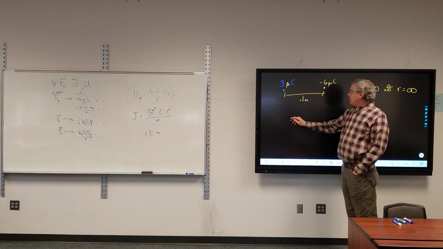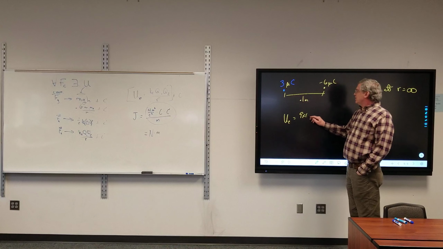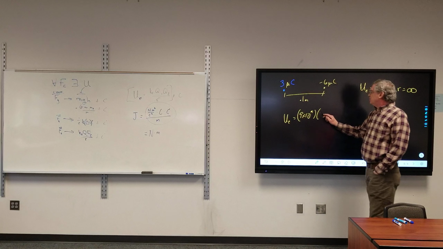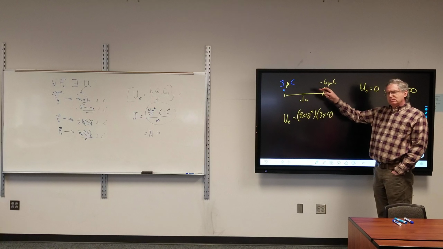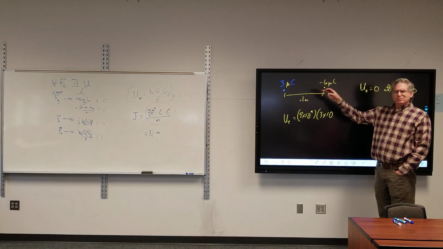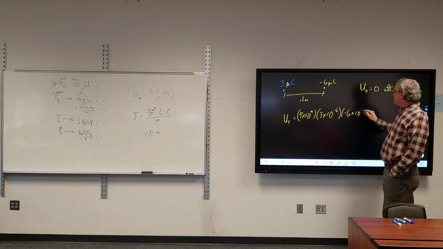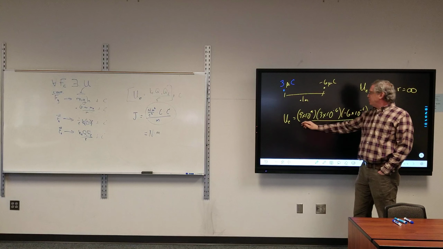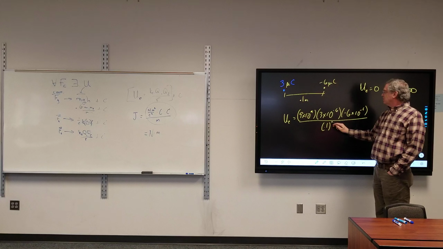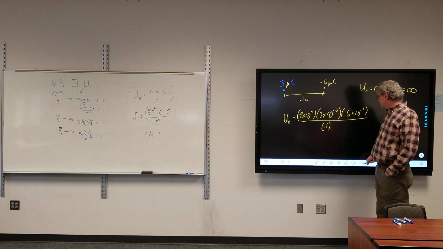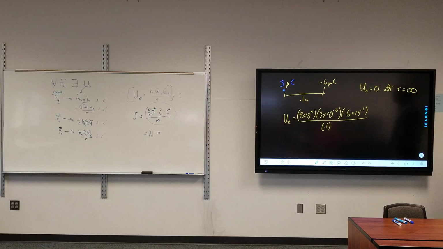All right, plug and chug. So UE is equal to 9 times 10 to the 9th times 3 times 10 to the, what is mu? -6. Times -6 times 10 to the -6 divided by 0.1, not squared, divided by 0.1. And if y'all want to be kind enough